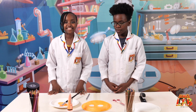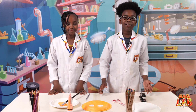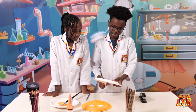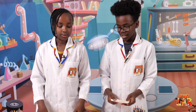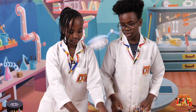So we waited a few minutes for the paint to fully dry and it looks really nice. And now we're gonna make the bunny ears. So we're gonna take the other paper plate. We're going to cut the plate in half so that the ears can be really big. Okay, so now we're done with the ears and Stycie's gonna staple on the ears to the